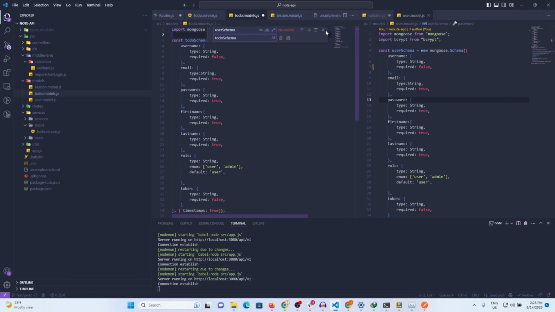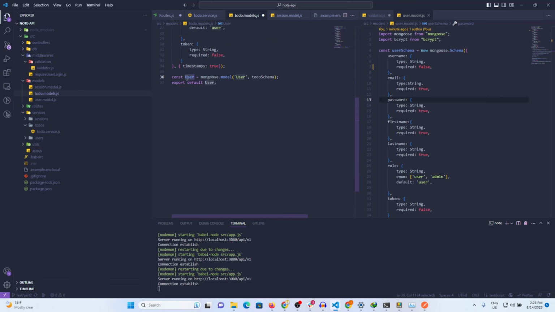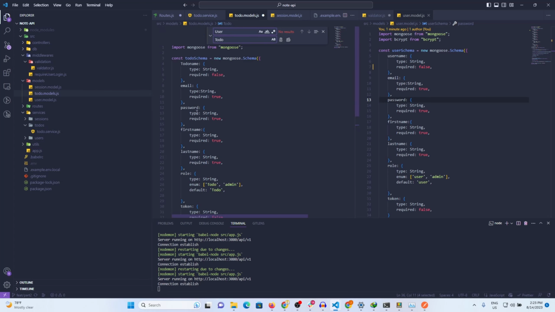Now after I've done that, I want to remove this todo line here. I also want to rename user here to todo, replace all occurrence of that. Also save that, and then here I'll call it title. We need the title of our todo, and we need probably title and then the content, which will be like a description. Okay, let's make a description,